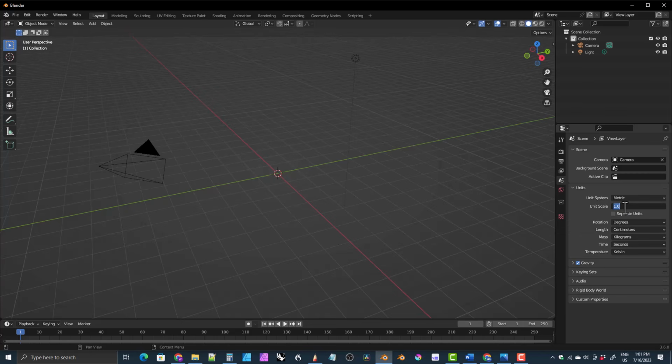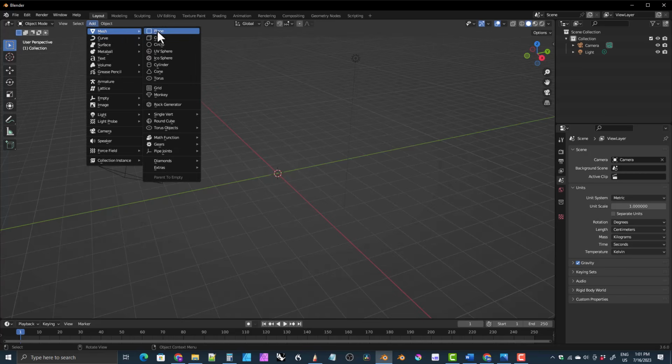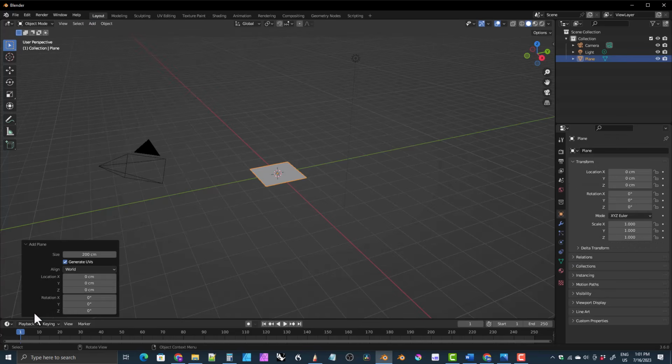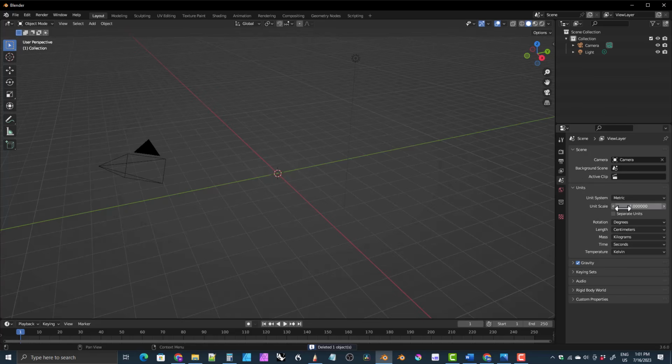unit scale from 1. If you don't change the unit scale, you just change the length and you go to add, say, a plane. That plane comes in at 200 centimeters. Okay, that's not what we want. It's still 2 meters, but now it's just giving it to us in centimeters. That's not what we want. We don't want to make these giant objects. So for that reason, we're going to change the unit scale from 1 to 0.01 because centimeters are 1/100th of